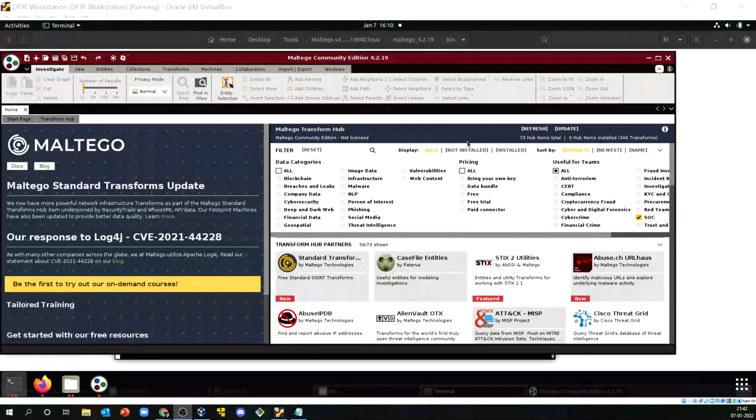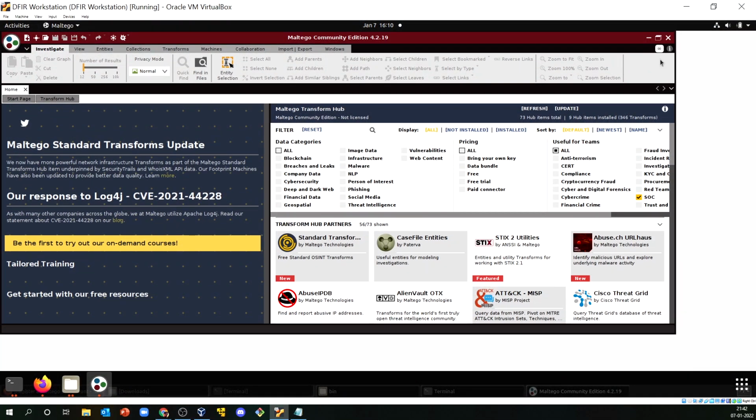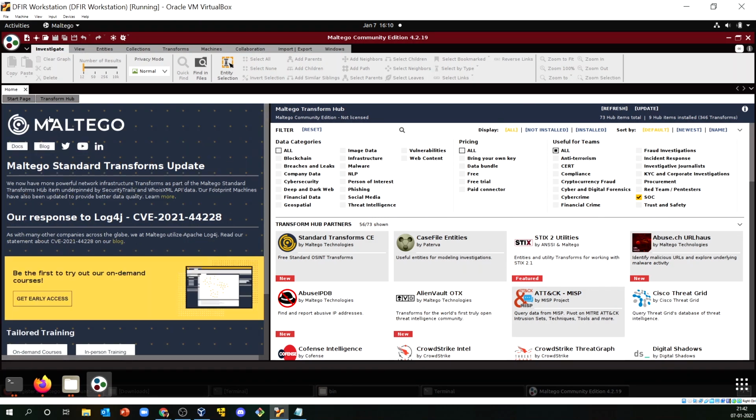Now once you have loaded everything, you will see this particular area in front of your screen. This will tell you which Maltego transforms you need to install. Remember, Maltego transforms are nothing but your OSINT tools.